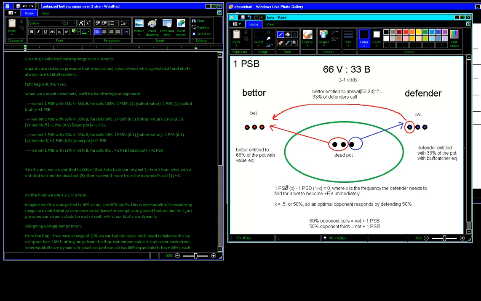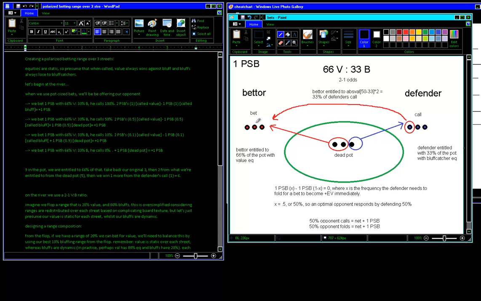If we as a better bet pot and he calls, we lose 1 pot, which would be our bet here. So X is the frequency the defender needs to fold for a bet to become plus EV immediately for the